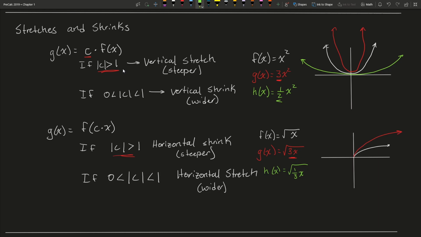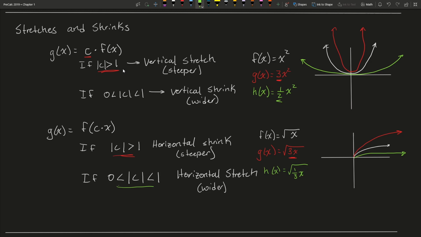If we multiply our input by something between 0 and 1, it's going to be a horizontal stretch, which will make it a little bit wider, something like that. So a good rule to keep in mind is that if you're dealing with anything outside the parentheses, it has to do with vertical changes. And if you're dealing with anything inside the parentheses, anything to do with the input, you're dealing with stuff that happens